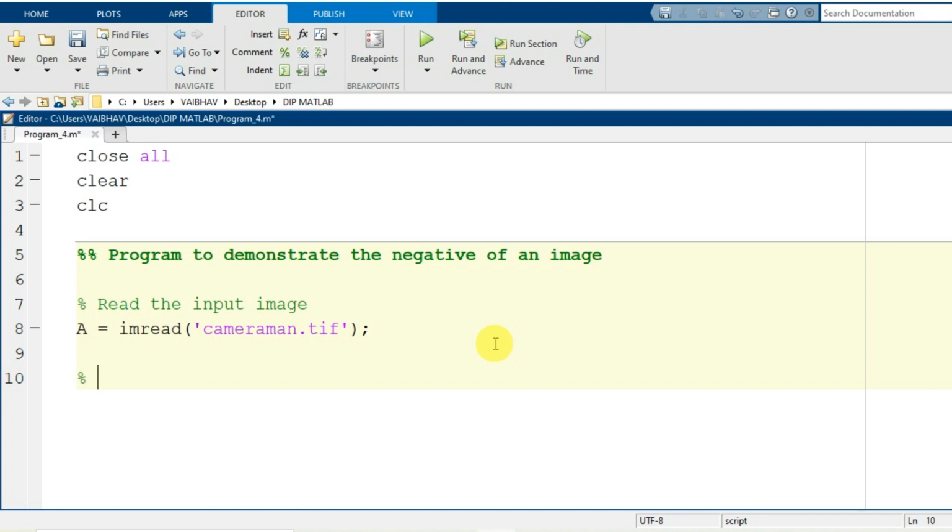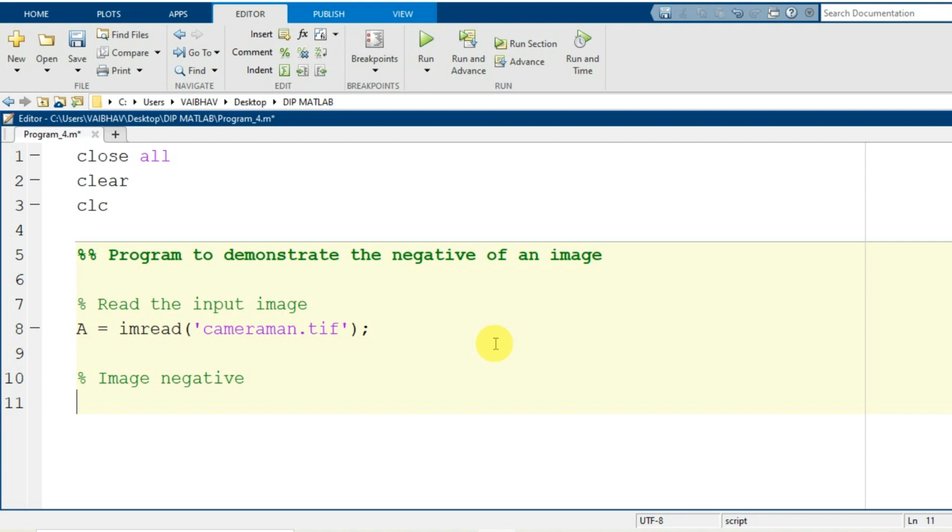For that purpose I just mention a command line. Here it is, the syntax for image negative. As we all know, the cameraman.tif or the lena.jpg are basically grayscale images, and these have a representation of 8-bit format. For 8-bit format, 2 to the power 8 means a complete 256 gray shades we have.